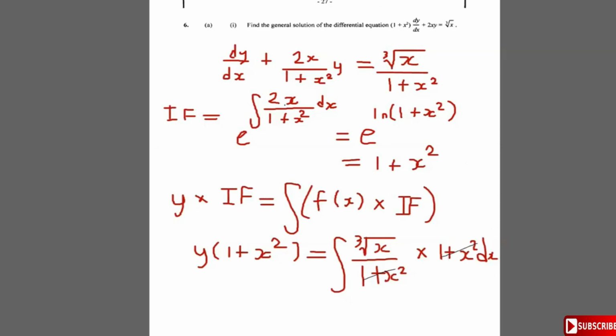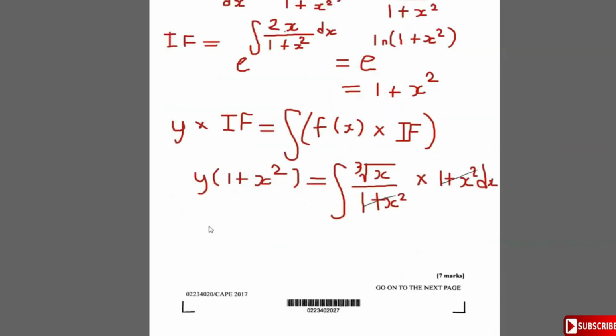To integrate x to the 1/3 power, what we're going to get is y times 1 plus x squared is equal to, you integrate x to the 1/3 power, you add 1 to the power, so it's x to the 4/3, divide by the power of 4/3, which is the same as putting 3/4, plus some constant k. Well, don't put the plus constant yet, just write it as 3/4 x to the 4/3, and then you can divide through by 1 plus x squared to get that y is going to be equal to,